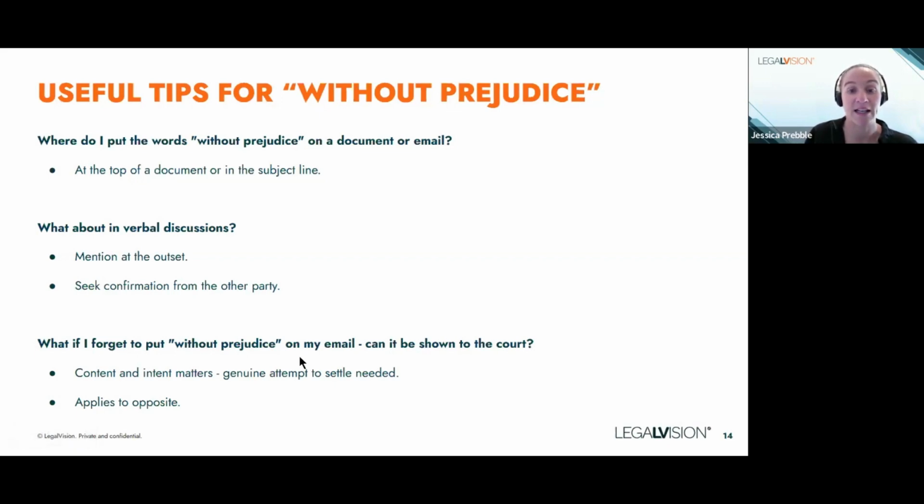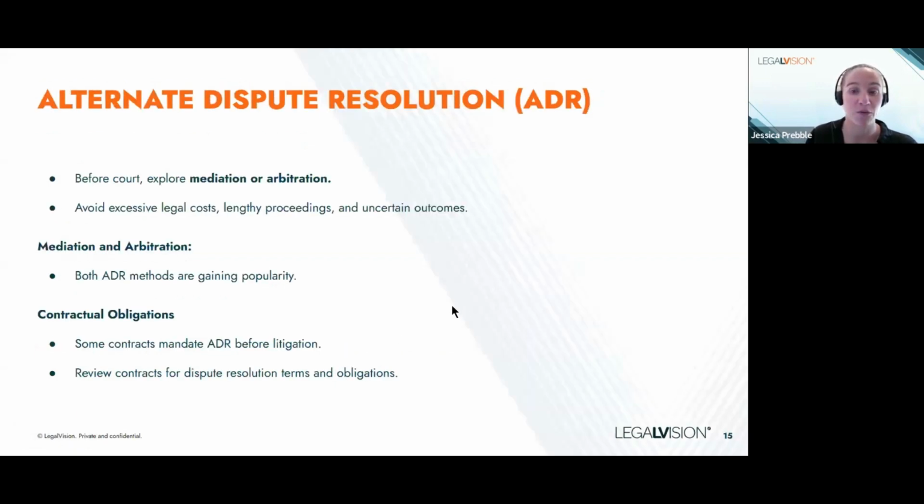So finally, my next topic is alternative dispute resolution. Alternative dispute resolution is any method of resolving a dispute or a conflict that does not involve going to court or litigation. The method that you choose will depend on your desire to spend on legal costs, the amount of time you wish to spend settling a dispute, the confidential nature of the dispute, as court proceedings can be made public,